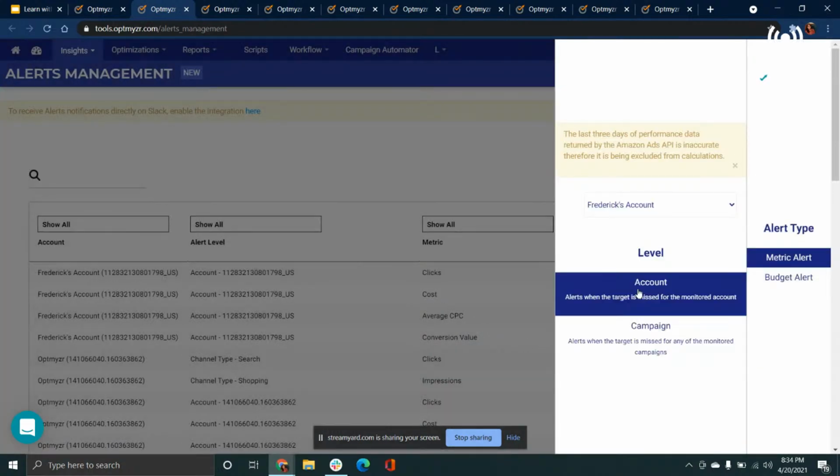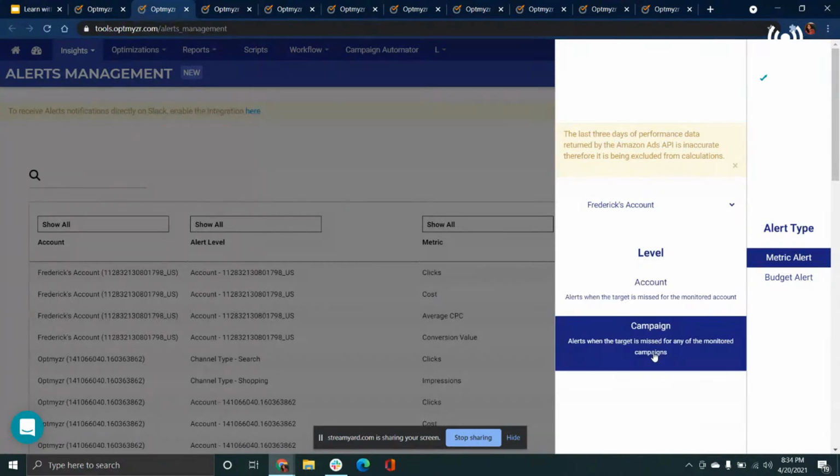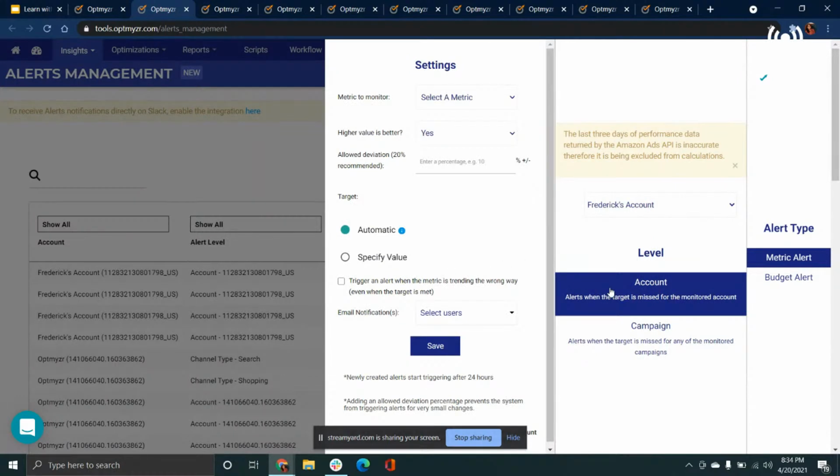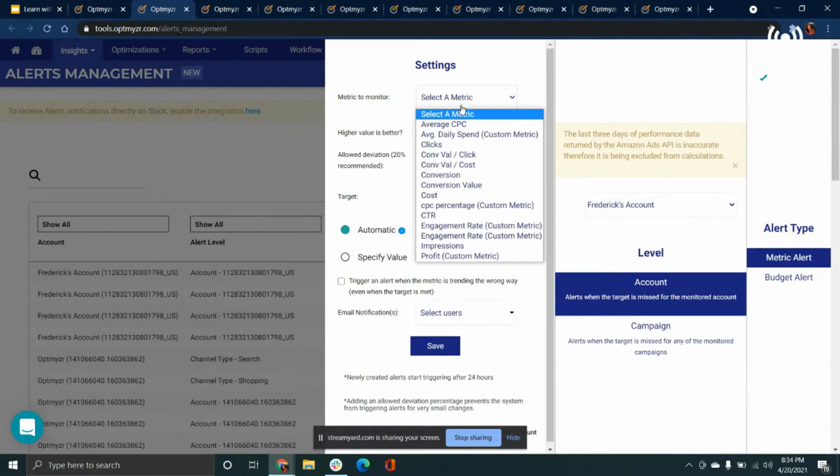And once you select it, you have the option of setting up alert at either the account or at the campaign level. So if you choose to do this at the account level, here are the metrics that you can actually start setting up alerts for. So apart from the usual clicks, conversion value, you also have the option to set up custom metrics, for example, engagement rate.